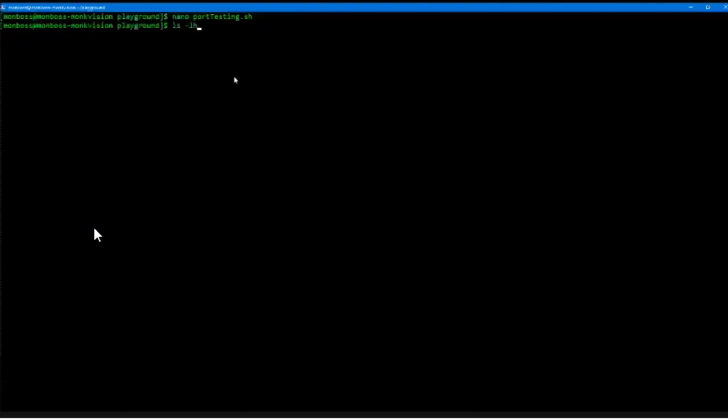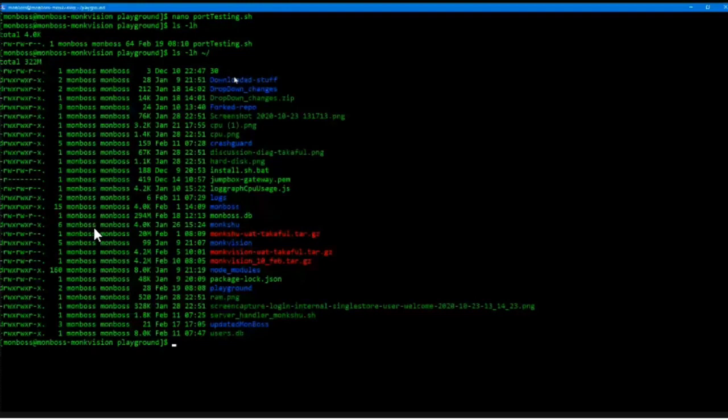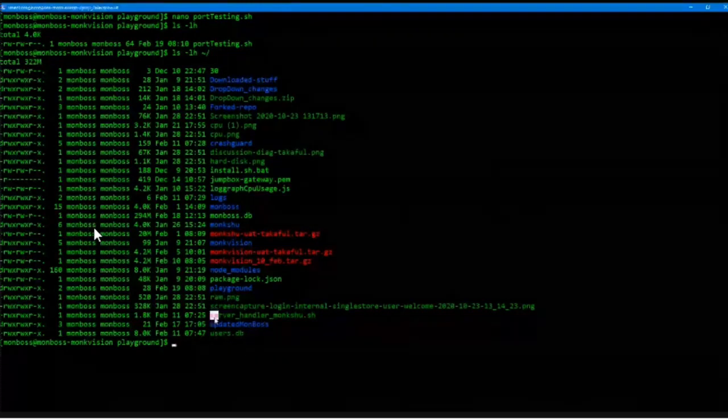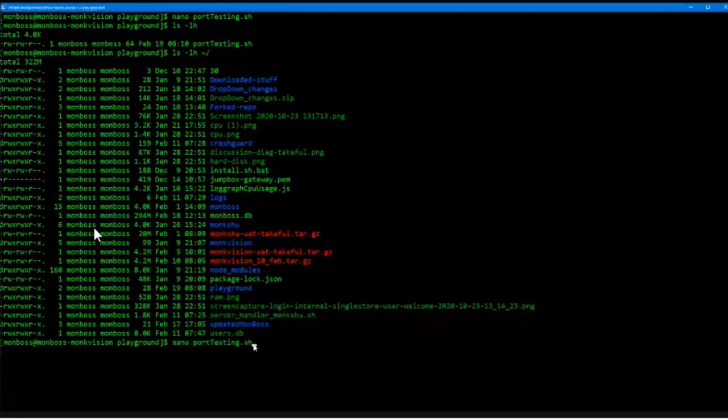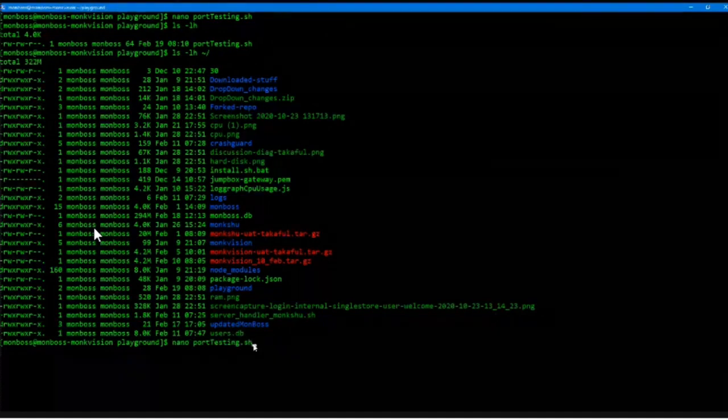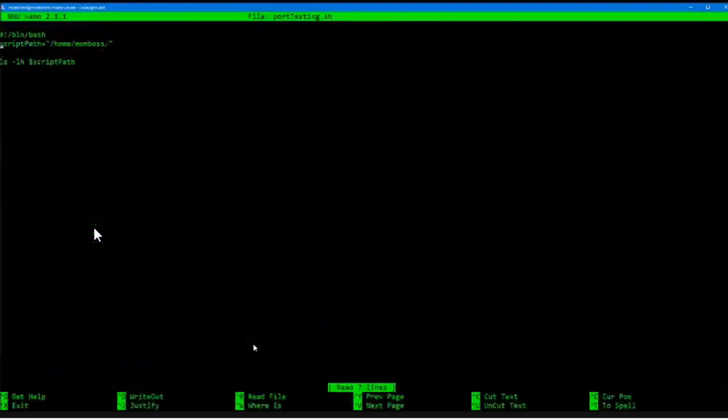Let me see if I do have a file there in my root directory that has an underscore in it. Okay, so I see that one of my files actually has an underscore in it. Now if I want to access the file with the underscore in it, if I start typing that, if I just call this as a server, and I type underscore handler star,